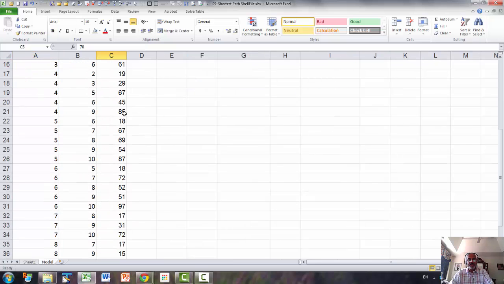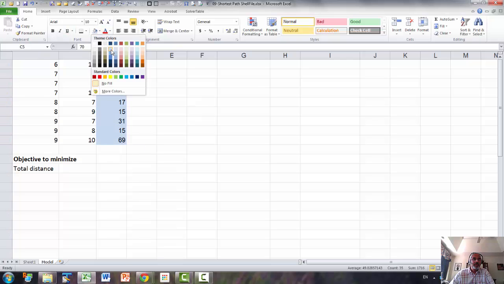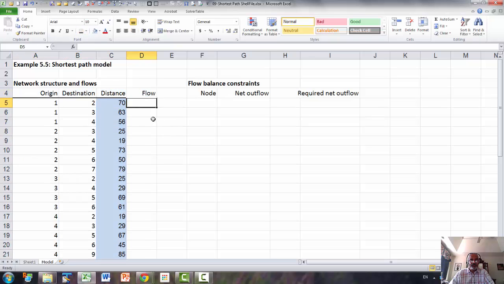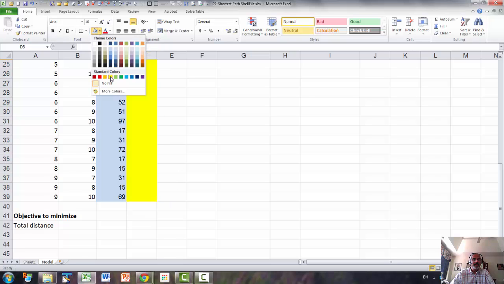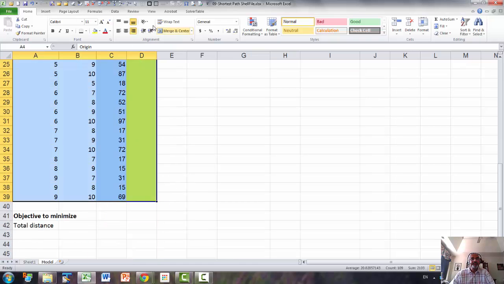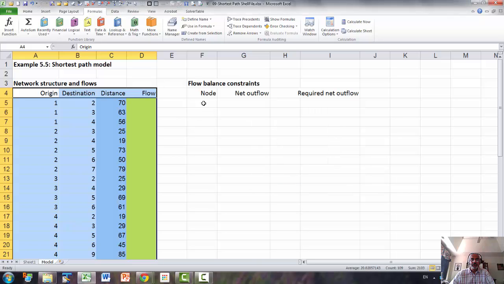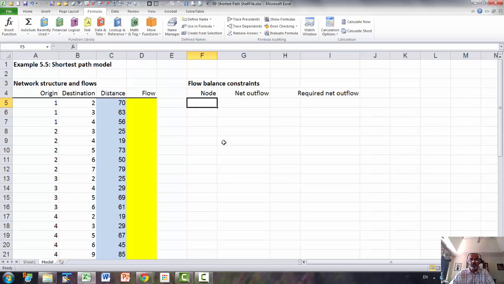So the distance here is input. And flow is what we want. Let's give names here. So we have nodes going from 1 to 10. So we have 1, 2,